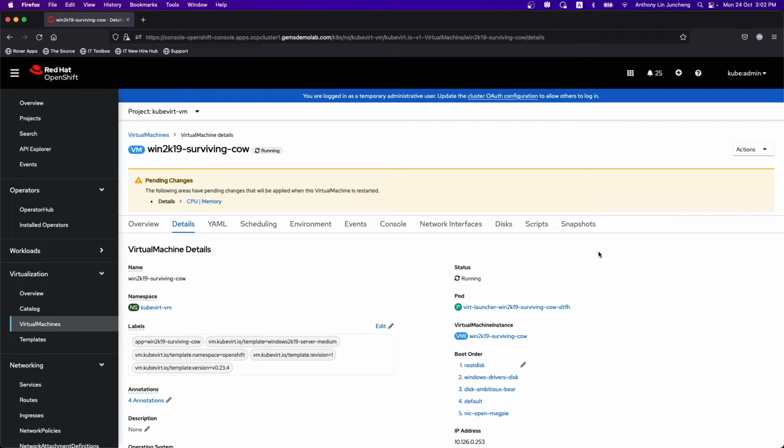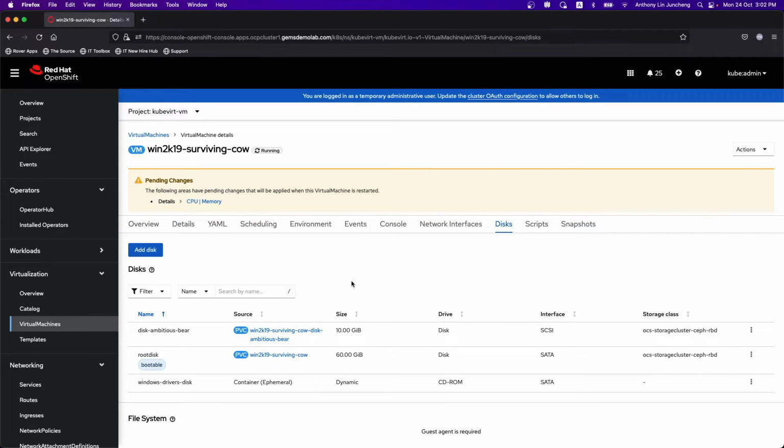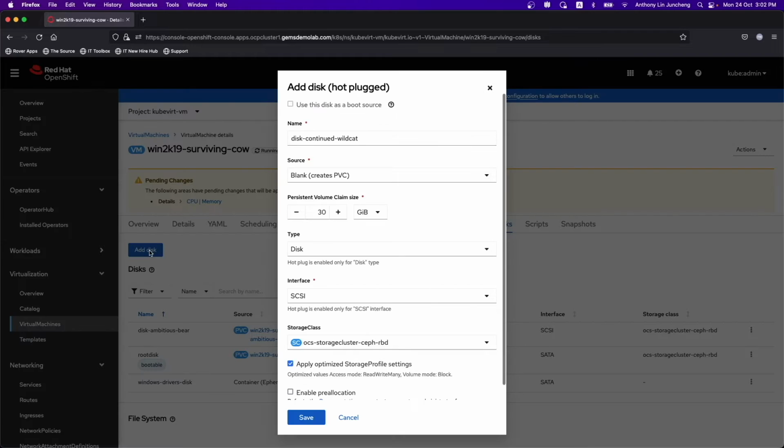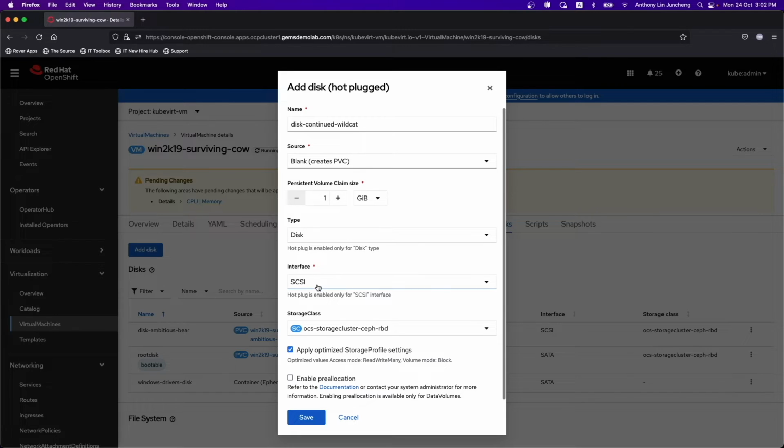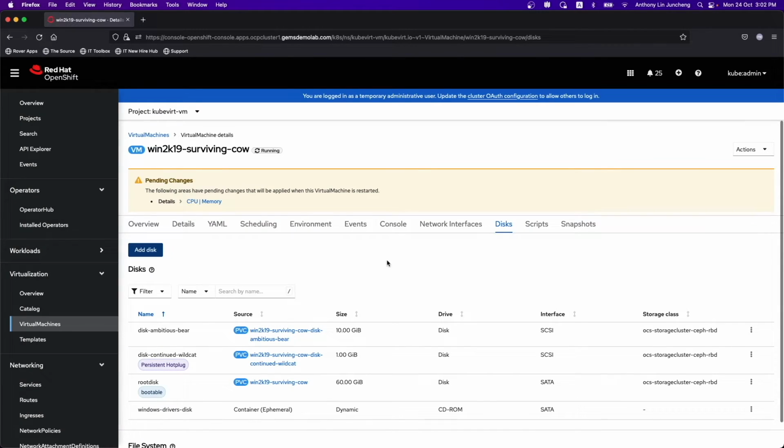So the next thing that can happen, of course, is this hot plugging of disk, right? We can actually do this without a reboot if it is a hot plug. So let me just show a hot plug of a disk before we do the reboot, right? So in this case, we say that I want to add a 1 GB disk, right? Hot plug using SCSI interface. We can save it. So this is a persistent hot plug that has been plugged onto the virtual machine itself,